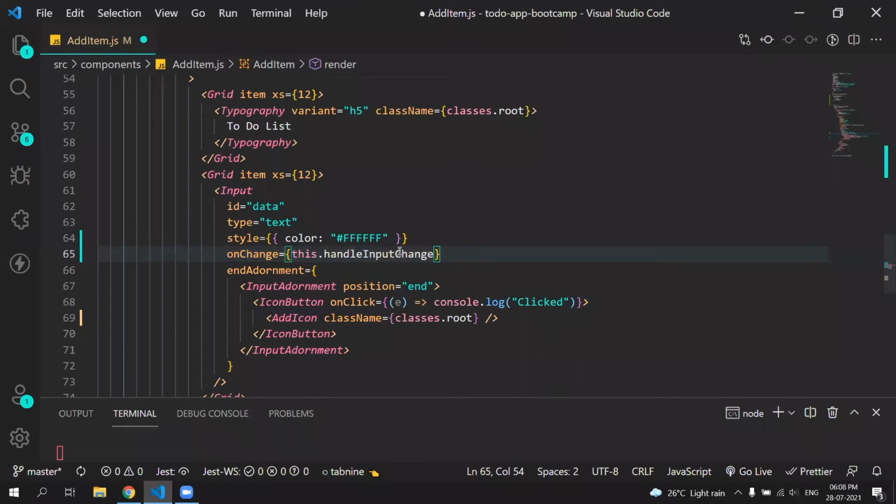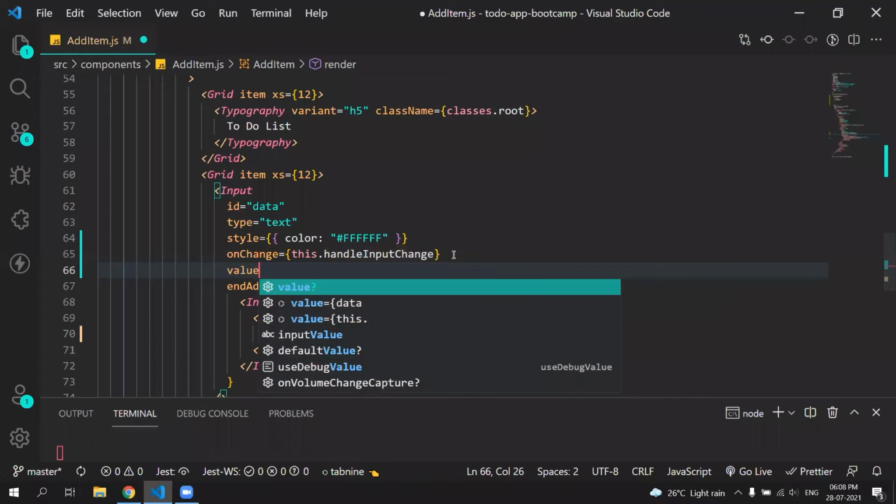A best practice is that you should always use camelCase. CamelCase is widely used almost everywhere. I have told you about camelCase before as well. So make sure that you always declare your variables in camelCase. And if you are declaring a constant, it should be in capitals. Okay. And let's give it a value as well.